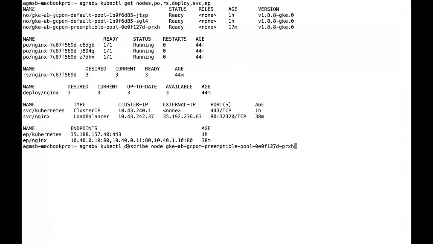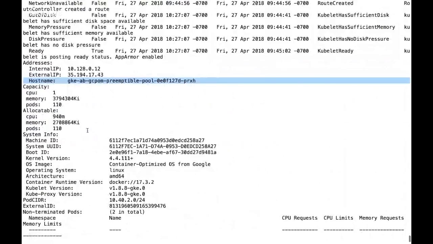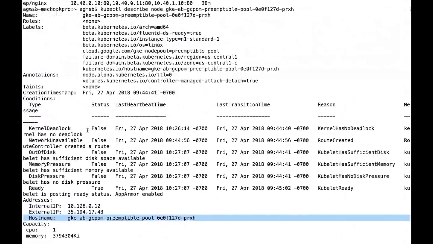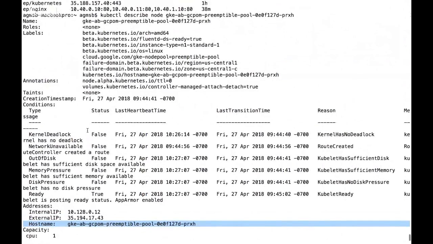Exactly. Perfect. And so what I'm going to do is quickly look at this preemptible node because I have this as one of my nodes in this cluster. So you very appropriately called it preemptible pool. So here's the host name that we have. And one of the concepts that you'll be familiar with in Kubernetes is labels. This is basically a way to use key value pairs to do specific things. There are a lot of different use cases for that, but I'll call out this specific one.